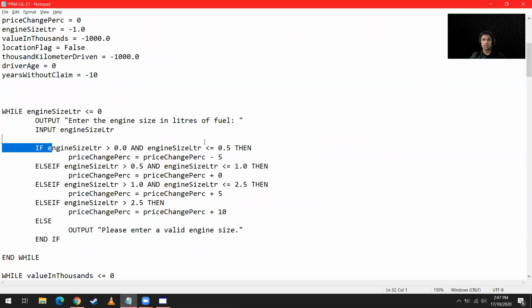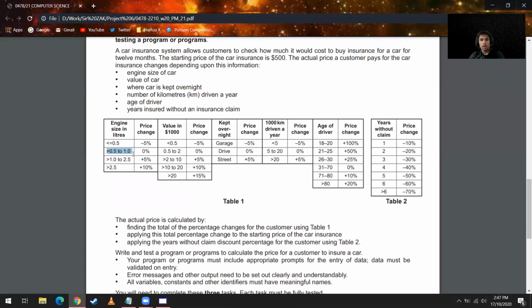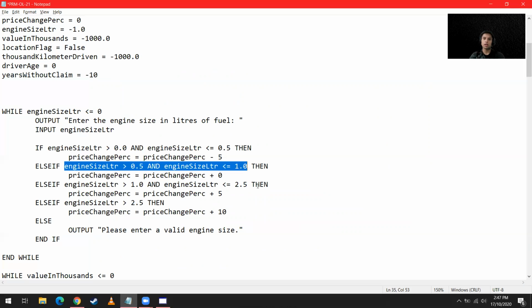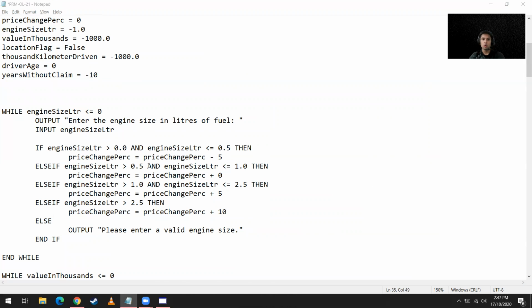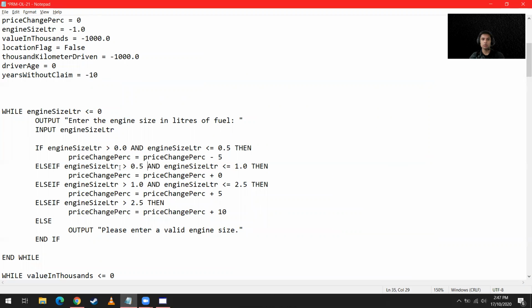However, if this condition is not satisfied, then it will come into the else if condition. So it will then check if it's in the second range given to us, which is greater than 0.5 and less than or equal to 1, which is this one. Please note that here we have a greater than 0.5, and here we have a 1. So what this means is that whatever the 1 thing is, that is included. So this value should be written as less than or equal to, whereas this value should be written as simply greater than. And you might have guessed why that's the case,